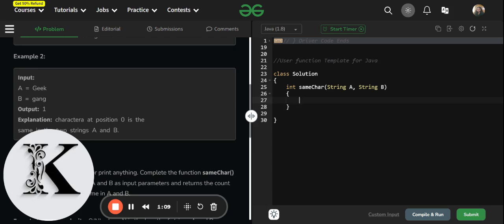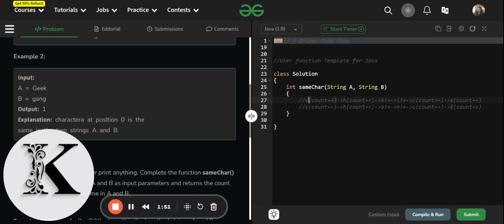So now let's check the code. Before the code, let me explain once again that we will be creating a variable counter which we will be returning, and the counter will be storing the count of the characters that are equal. So for this we will be taking example 1. As you can see, C and C both are equal, so we will be increasing the count variable, and then we will move to the next.